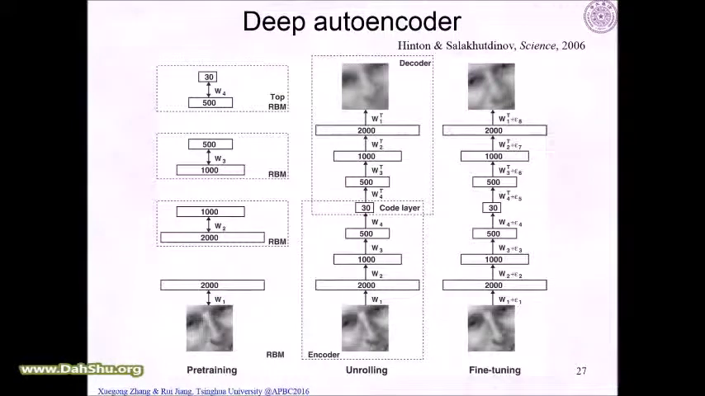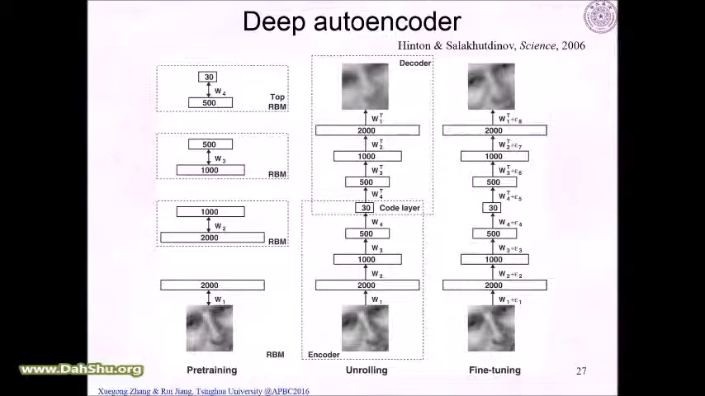This is one particular example of the so-called deep autoencoder. The original image is, suppose, 2,000 dimensions. They first use 1,000 nodes to represent it, and then further compress it to 500, and then further compress it to 30